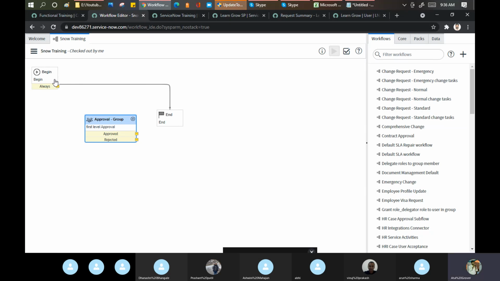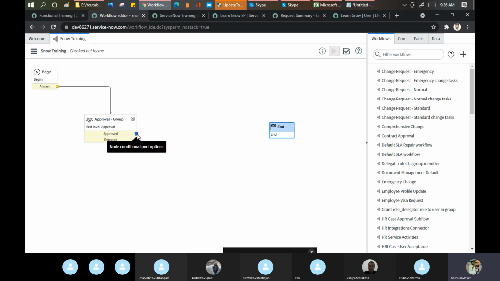I say begin, but what to do next? Go for the approval. Click on this and move this arrow from this particular. It is so easy. If it has been approved, what to do? We did not decide. If it is rejected, what to do? We did not decide. So what I can say, if your husband or your father-in-law and mother-in-law say, sorry, we cannot buy the Activa, request close, process end.